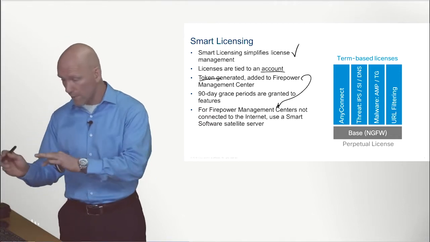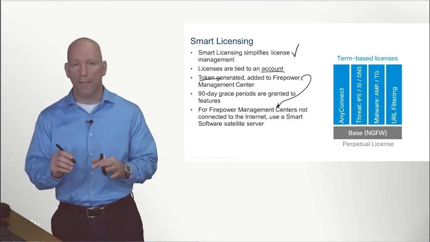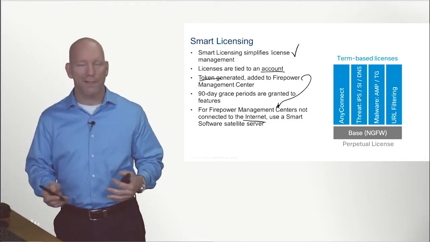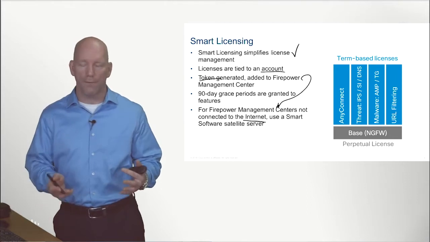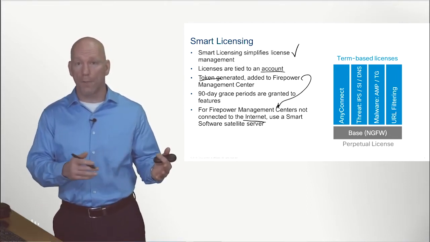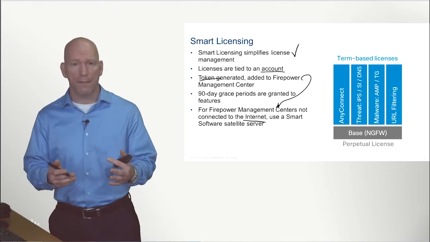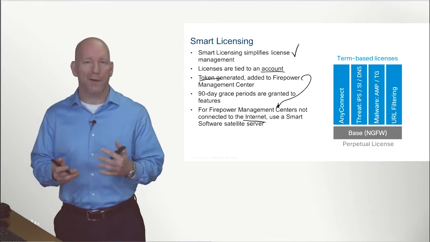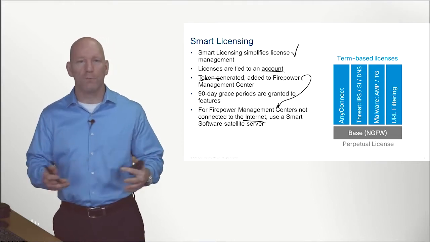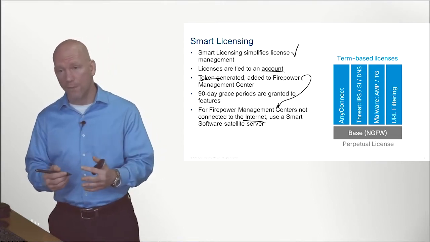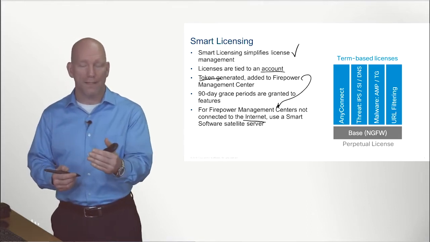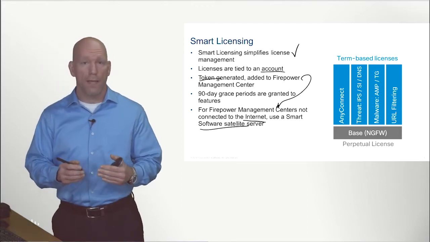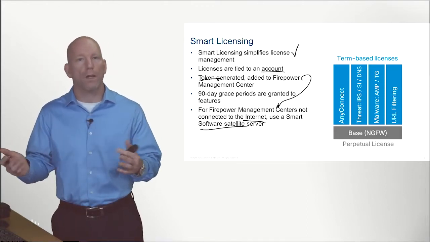The reason I'm drawing these little arrows is to make sure this relationship is clear, because there are some environments that do not have straight, unabated access to the internet. For example, let me pause. There are a couple of environments that I've been in where they're military installations, and talking about direct, unrestricted access to the internet is going to get you a room full of laughs. So for those environments where we do not have constant direct access to the web, you can actually use a smart license satellite server as an in-between, or for lack of a better word, a proxy.